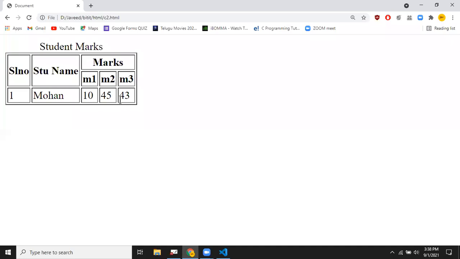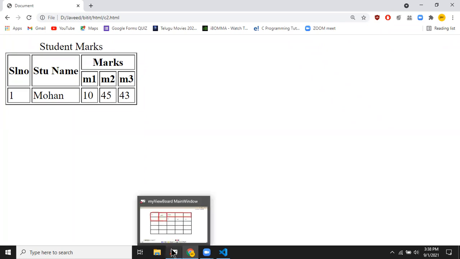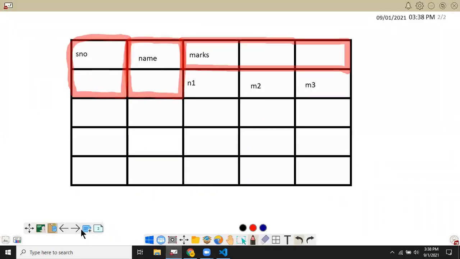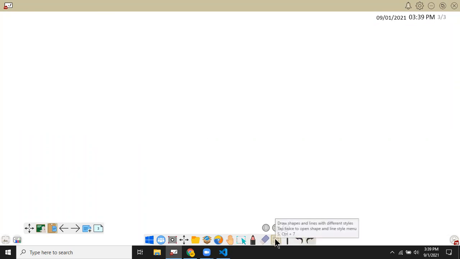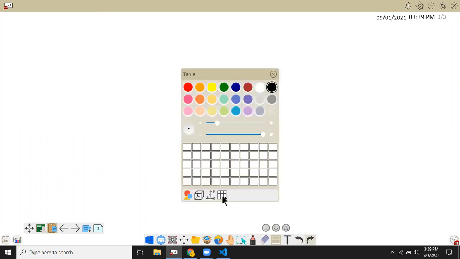So now we want to have a small assignment. What is the assignment that we want to have now is, I want to have a table. One minute. So I want to have a table-like thing now.